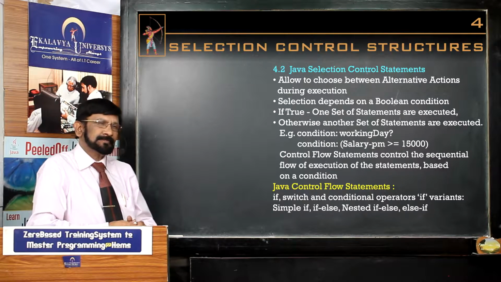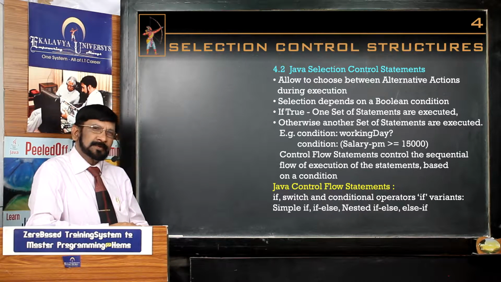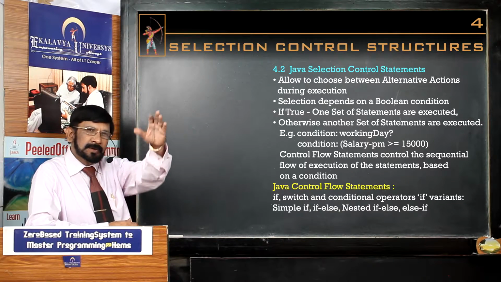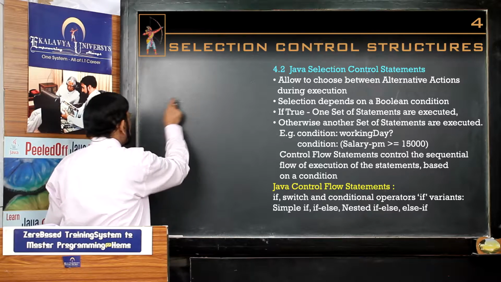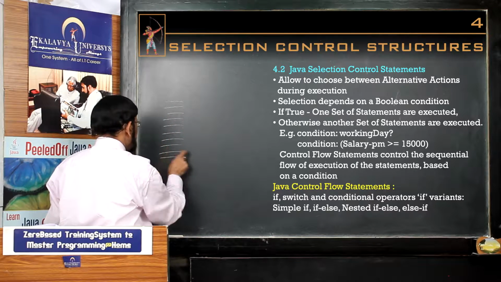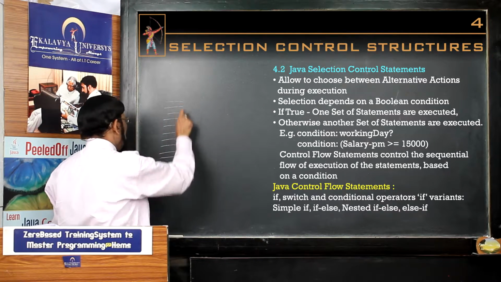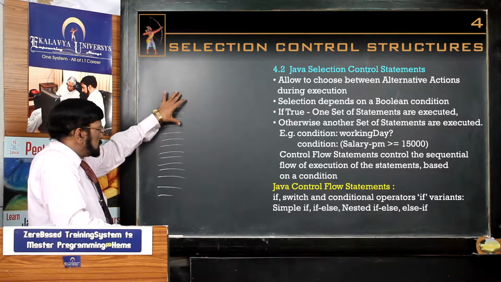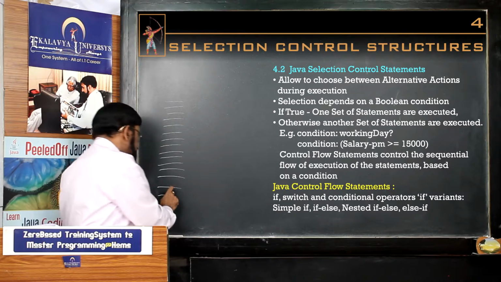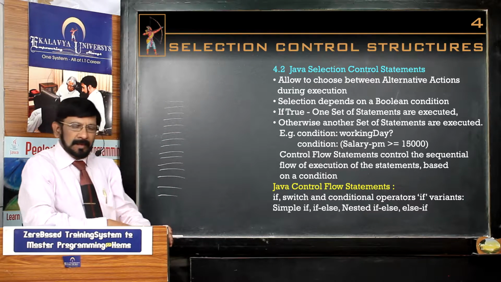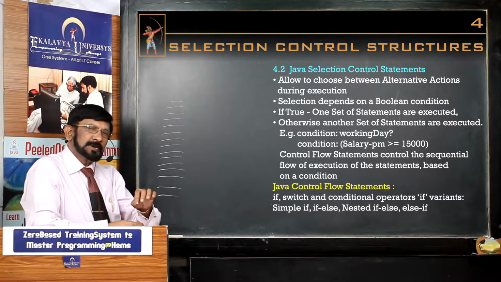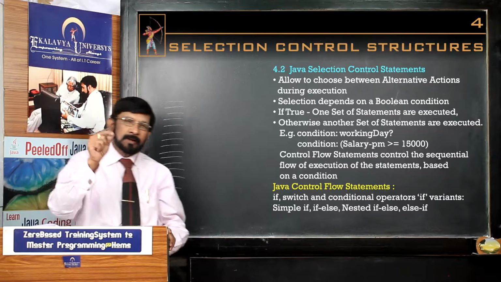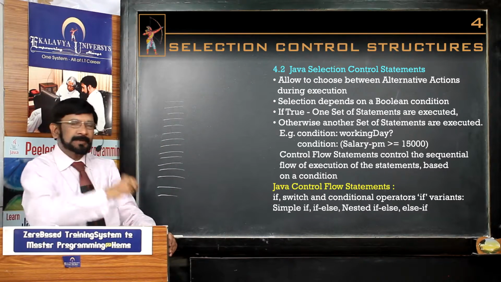We have to understand. In the previous chapters, we have seen that all the statements in a program are executed sequentially. That is the default approach. There are 20 statements like this in a program. All these are being executed sequentially. Actually, the default flow of execution of statements is the sequential approach. These control flow statements control the flow of execution. You have to understand that. They control the flow of execution of the statements.